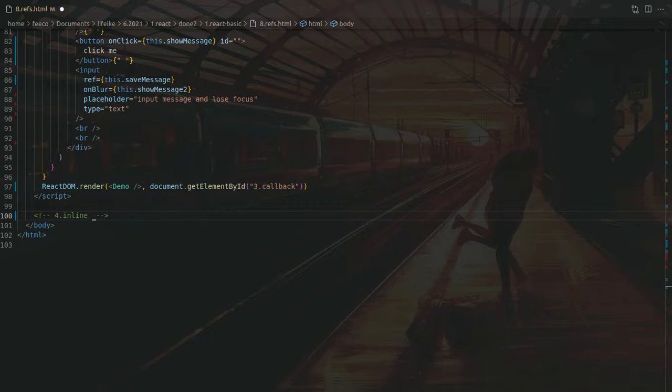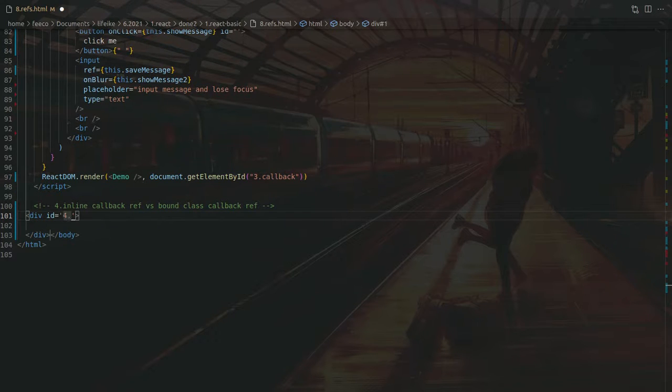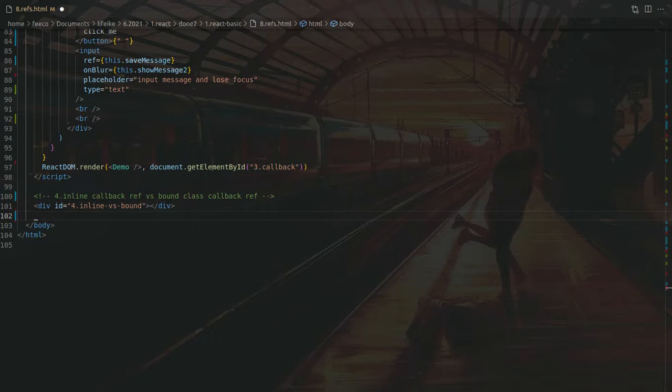Inline callback ref whereas bound class callback ref. So what is the difference? For inline, whereas bound, and we can give it